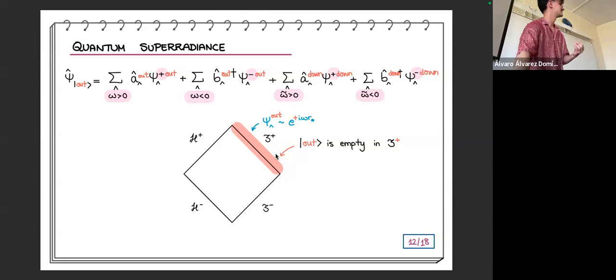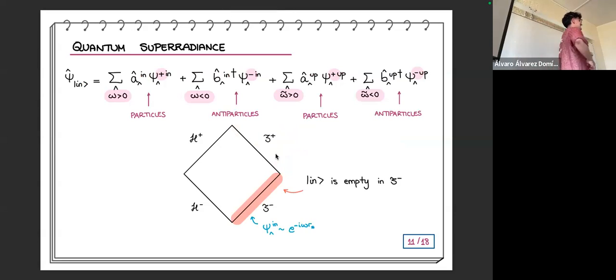So maybe it's just to understand. Here in is empty in square minus, but maybe not in H minus, so would that be relevant? If some particles are just coming from H minus and go to square plus, then is it enough to call that superradiance? Actually, that's what's happening. But the point is that it happens quantumly. Okay, your question is fantastic.